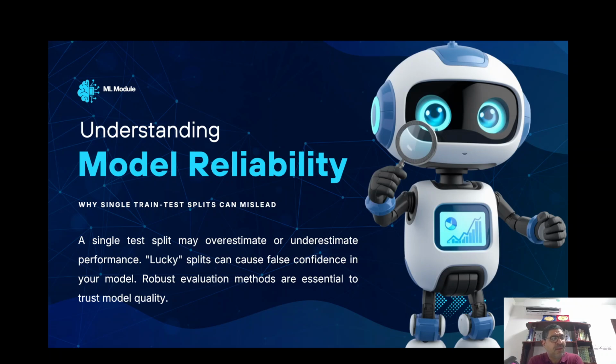The single train test split which we are doing in many cases can be misleading, definitely. A single test split may sometimes overestimate a performance, and sometimes it may underestimate a performance. There can be a cause that you are getting, for example, a false coincidence in your model. All of these apprehensions are there, but these are realistic